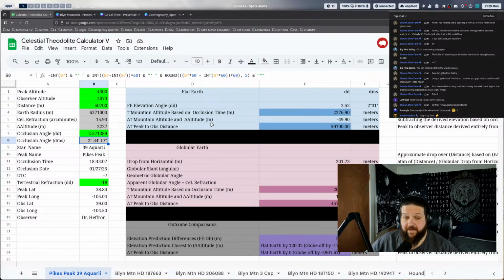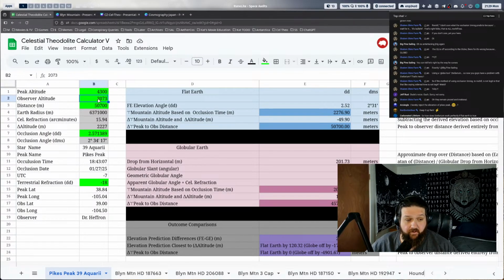If the earth is flat, that means there's going to be no drop in the mountain peak. So if we take the information that we know about the mountain peak and our location, just our elevation at sea level and the mountain peak above sea level, we can subtract that, get the relative altitude of the peak, and with that we can calculate an angle to the peak based off of the distance. The tangent of that will be our raw plane trig angle, assuming no elevation difference. Then from that we subtract the difference for the globe in meters, which we do, to get what the globe would be.